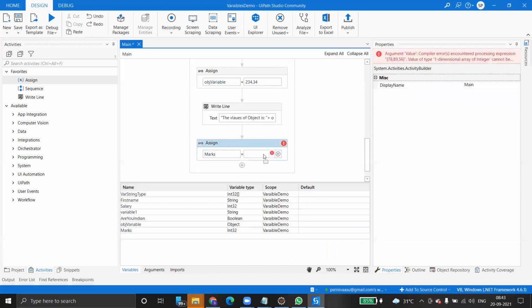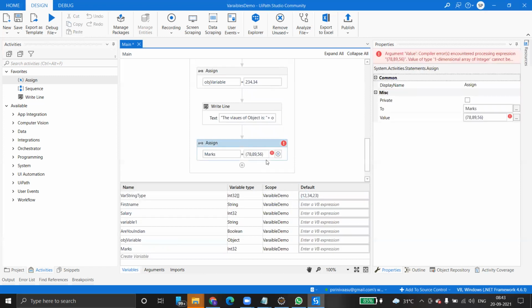So now just go here, enter. Still we are getting an error. What is the error? Cannot be converted into integer. 78, 89, 56, value of type one dimensional array of integer cannot be converted into integer.